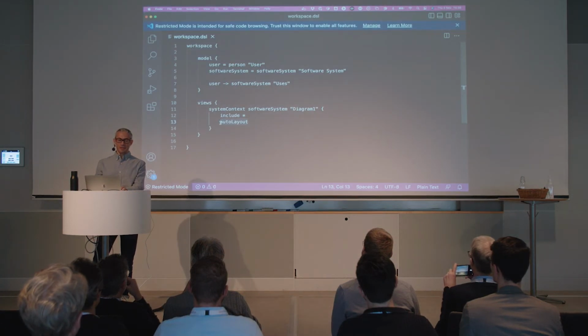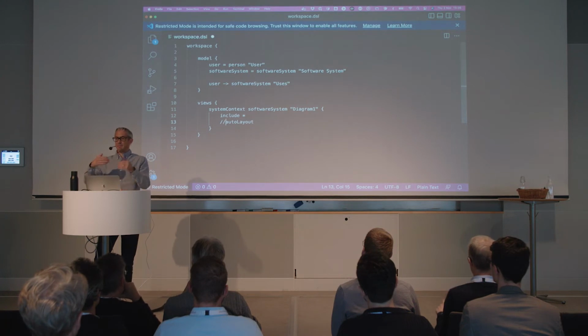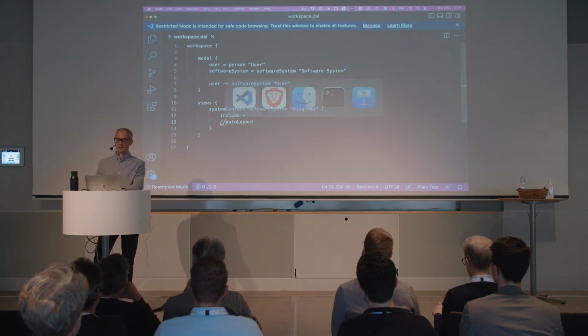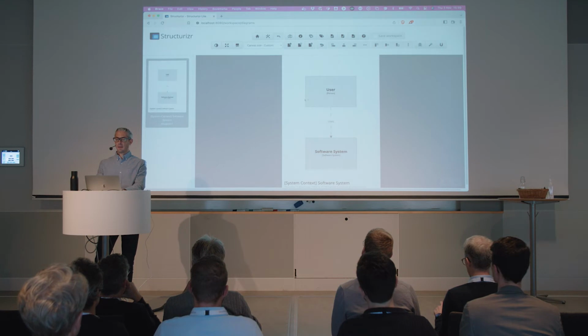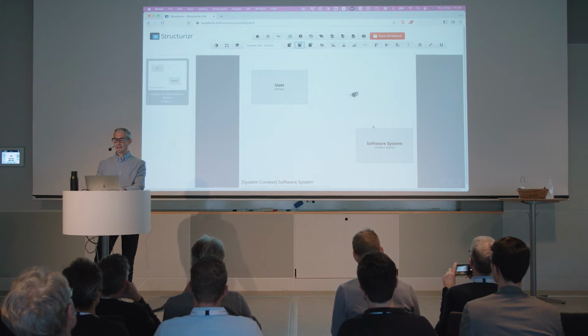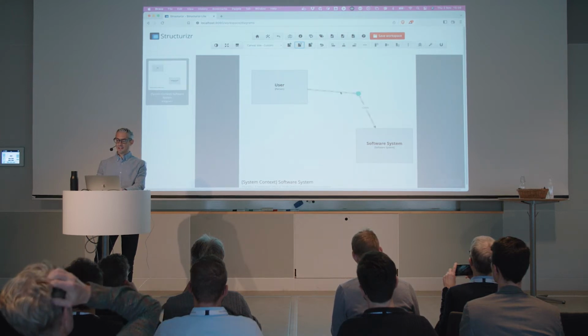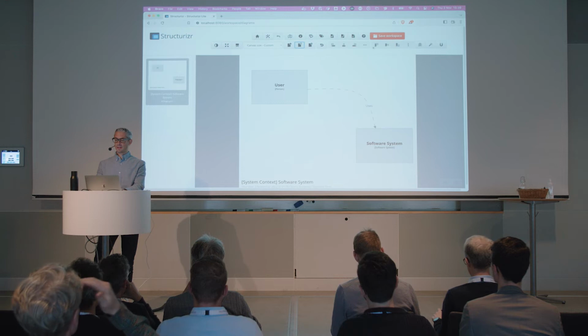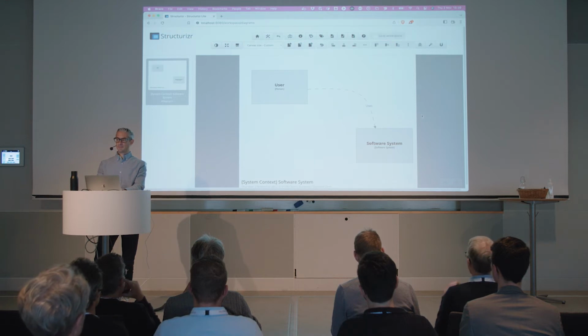Now, let's start messing around with this. So I don't like automatic layout. I built this tooling to basically be manual layout first. So if I comment this out and refresh, now I have the ability to move all of these boxes around and change the page size and all sorts of stuff like that. I can add a link in. I can move the text a bit further down. I can change the routing. I can click Save Workspace.